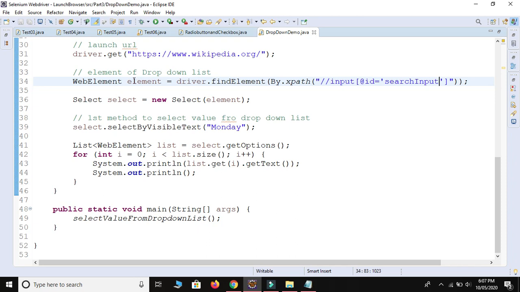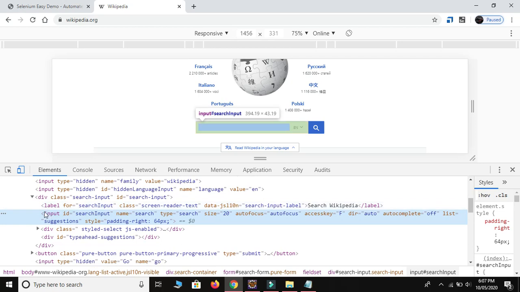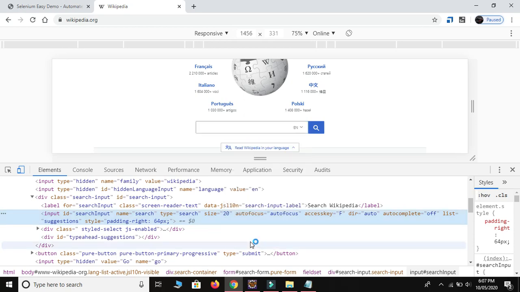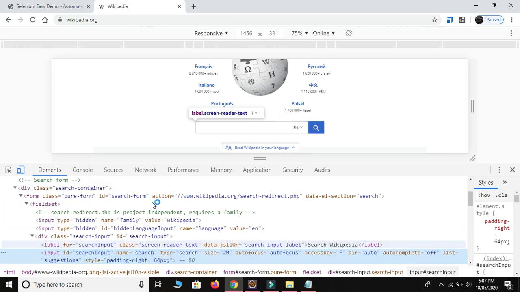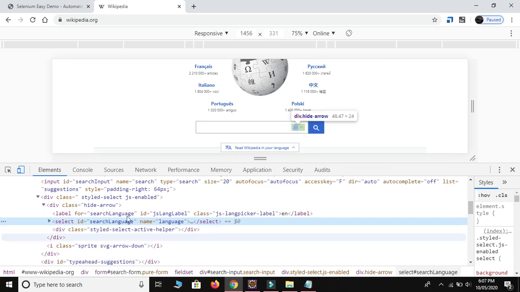select, we pass our element to the Select class, and the Select class provides three methods. Now if I need to click on Hindi, let me explore this. Inspect. Actually this is a drop down, so it needs to come from the select tag. Let me inspect this one. Okay, so this is our element, it comes under select and the id is changed.